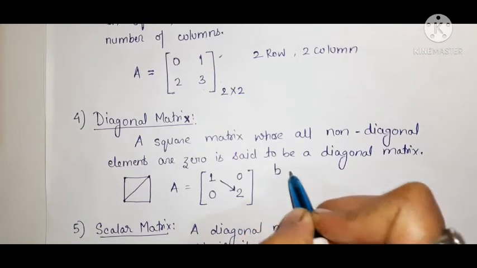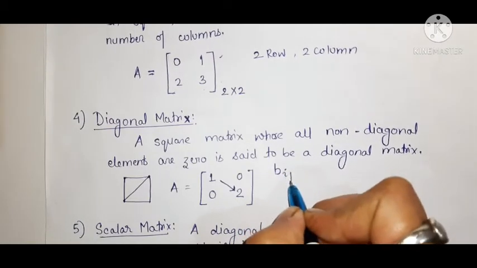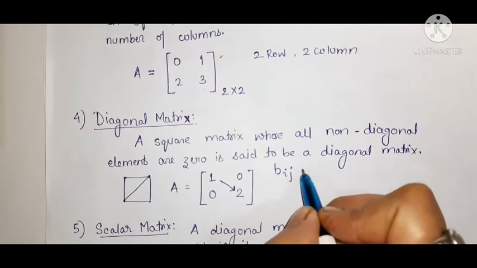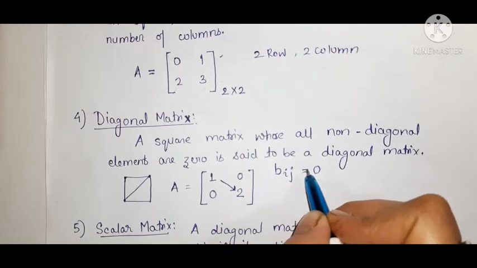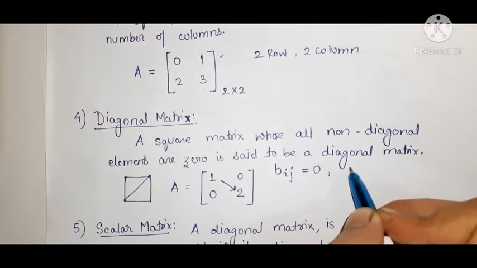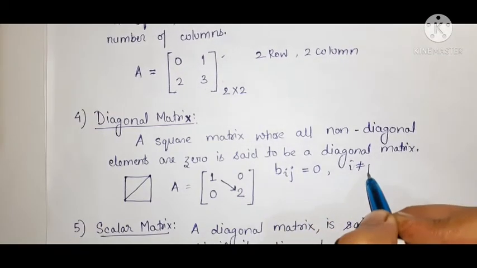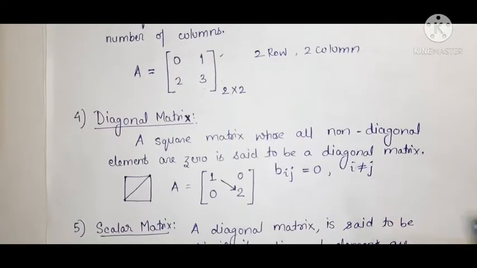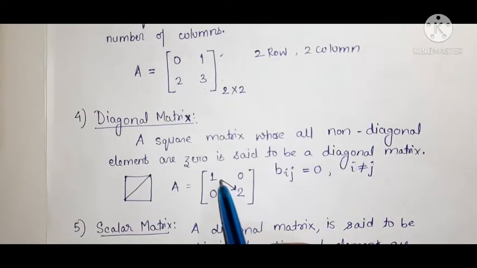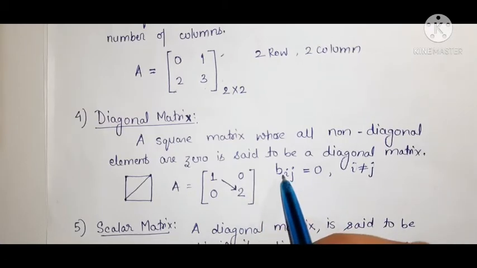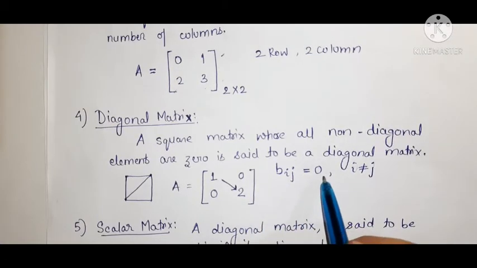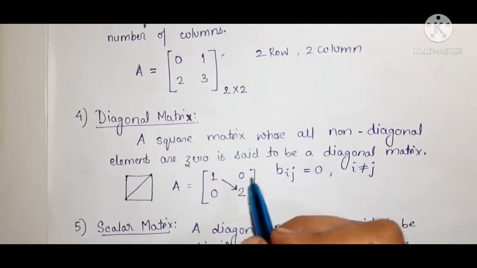only those in which, suppose Bij is any element, in the ith row, jth column, that non-diagonal element will be 0 where i is not equal to j. This is the condition. Because you see, this is also diagonal, this is also diagonal. Then why have we taken only these two 0s, not these two? Because the condition here is that those elements equal 0 where i is not equal to j.